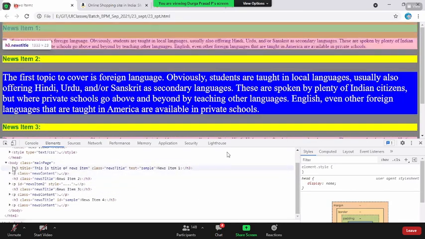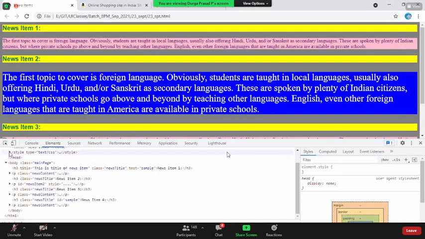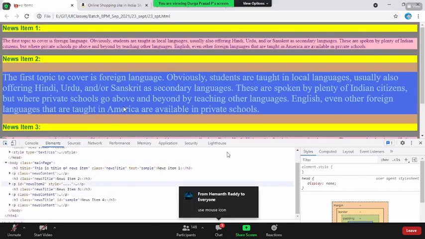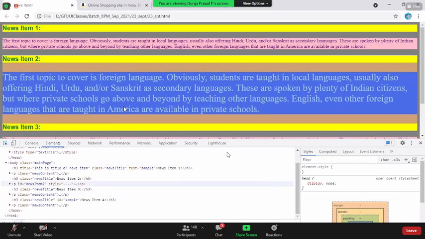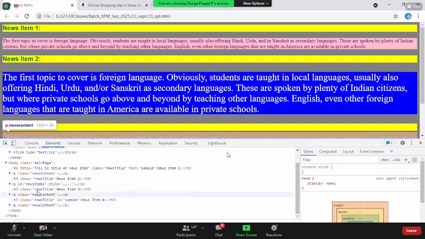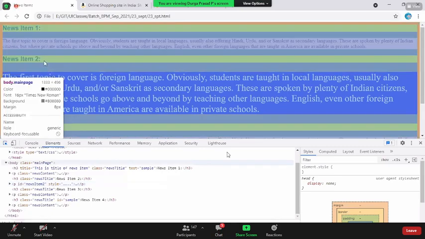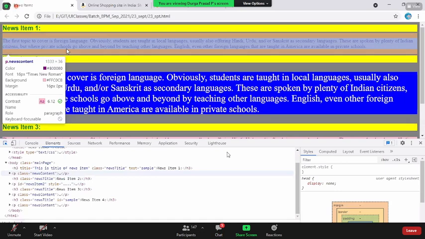If you go to the left top here in the debugger tool, there is something called an arrow pointer. Simply click on this arrow pointer. Now, if you come back to the page and click on this blue container, whenever I am mouse hovering on this blue container, do you see at the bottom? See here, this is the p tag, right? Whenever I'm mouse hovering, that row is coming. When I move my mouse to news item 2, at the bottom, you can see it is getting highlighted. So it is actually linking the UI, the look and feel, with the corresponding HTML content.